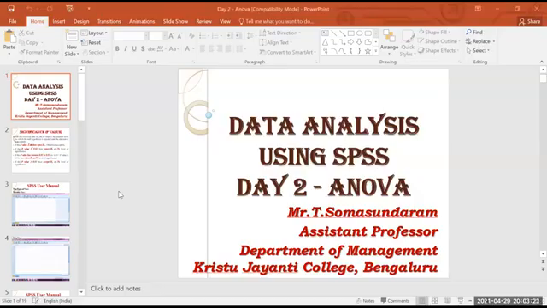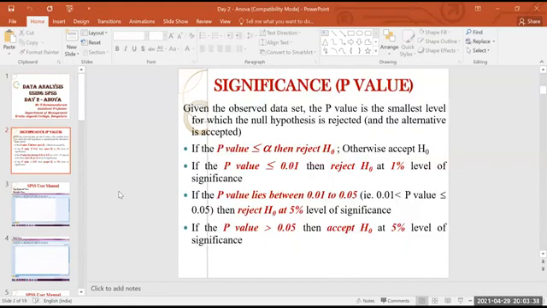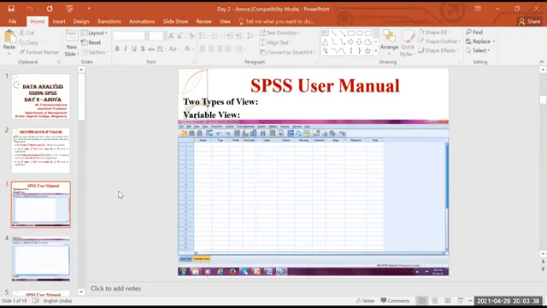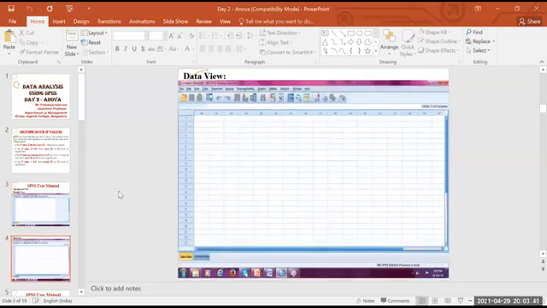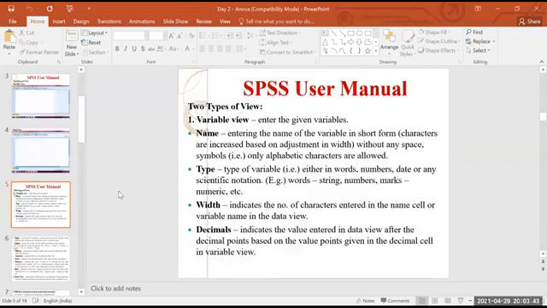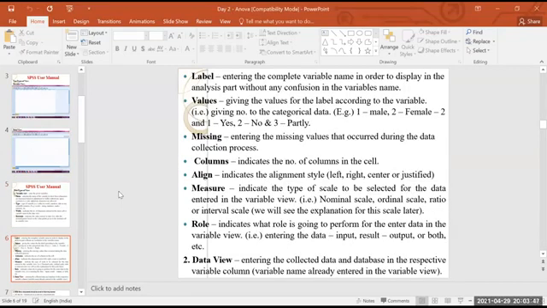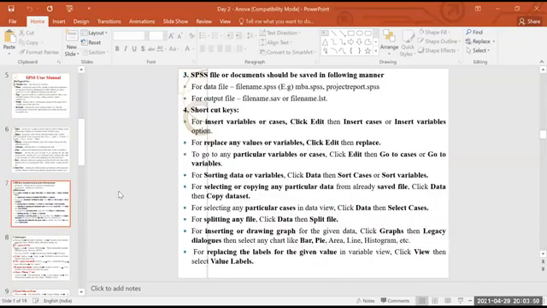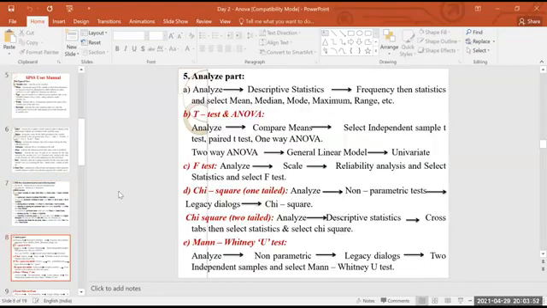Okay. So today we will be discussing the second important tool called ANOVA, analysis of variance, right? These are the things that we discussed in yesterday's session. I told you how the variable view and data view will look. The same thing I've mentioned here. I hope everything is clear from the previous session, right? I explained to you, and these are the analysis parts. So what analyses are there in the analysis column? You can choose according to your respective analysis and do it.